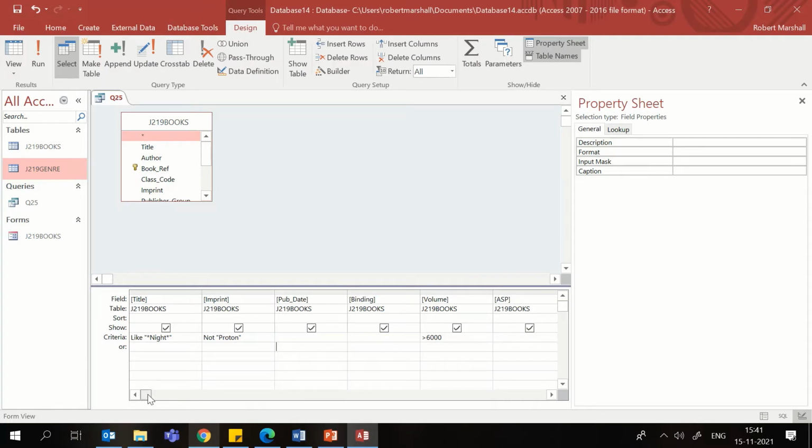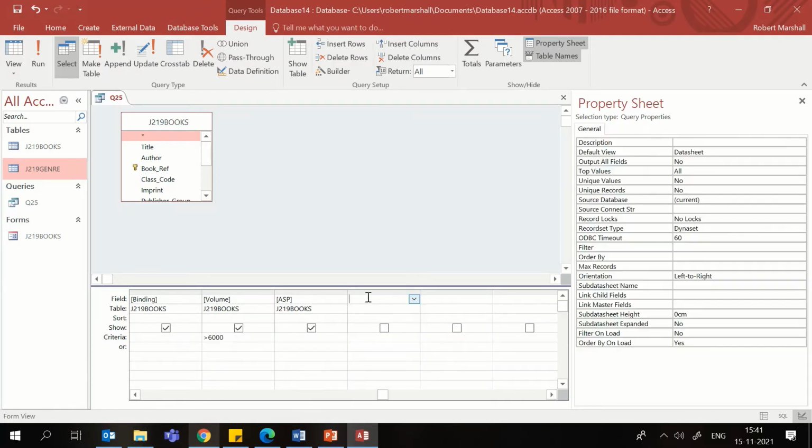So to make a new field, we can come along to this one, and we can do it 2 different ways. So we can do it with the build. So if you forget how to type it in and want some help, you can right click and go to build,